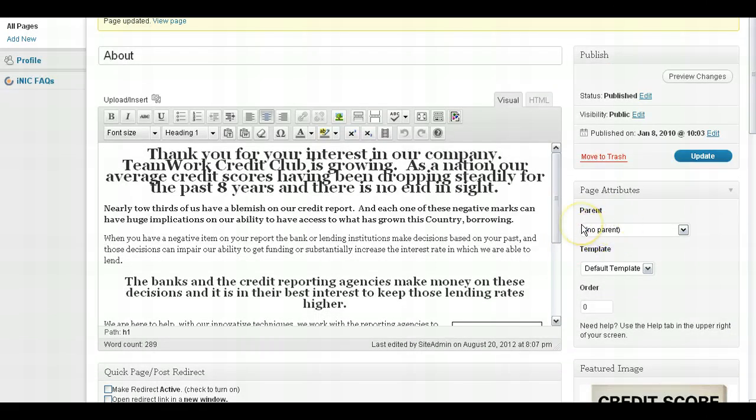99% of the time when you create a page or edit a page, this by default will say no parent, which is what it should say. However,